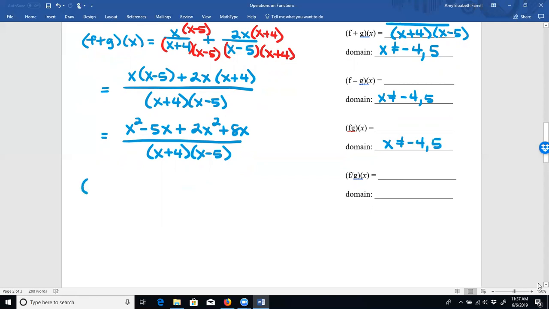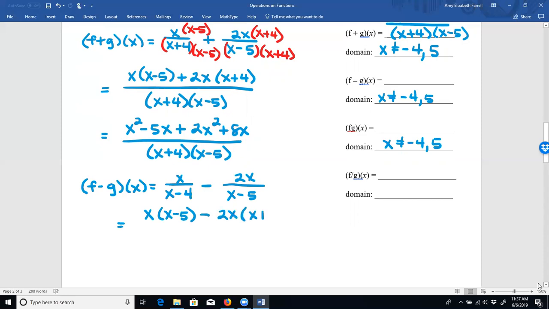Okay, let's look at f minus g of x. This is where we subtract, so f of x minus g of x. We do once again need a common denominator. Right at this step here, I have a plus in between because I was adding. Instead of getting my red marker out again, I'm just going to make this into subtraction. So it's going to be x times the quantity x minus 5 minus 2x times the